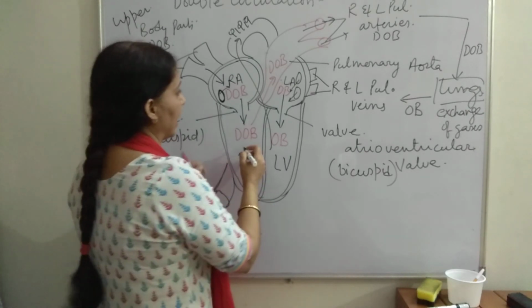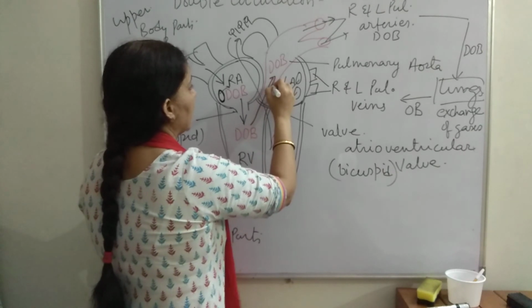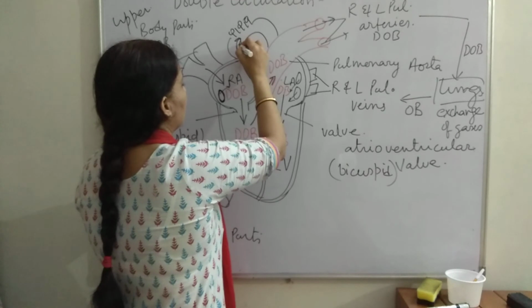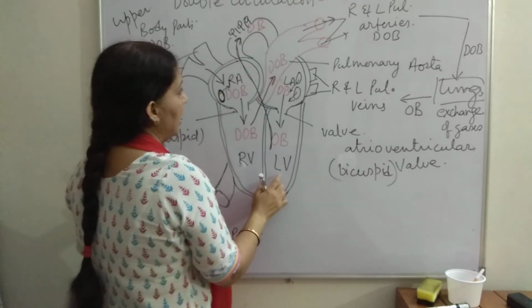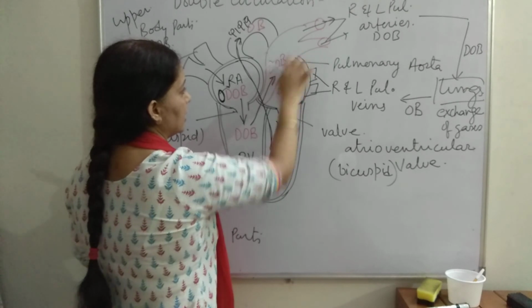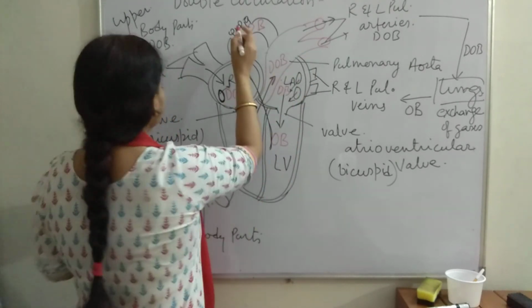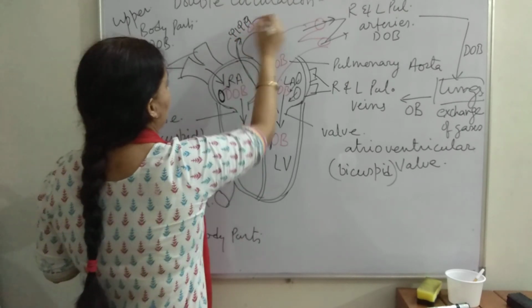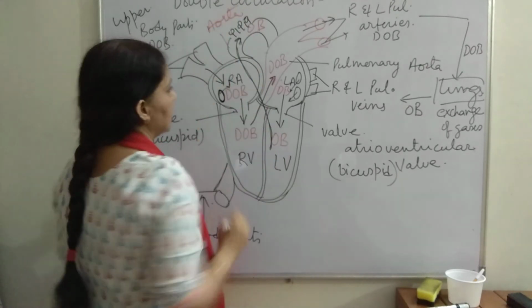So blood will find its way from right ventricle to pulmonary aorta and left ventricle to systemic aorta. Systemic aorta will receive oxygenated blood from left ventricle. Pulmonary receives deoxygenated blood from right ventricle. Okay. What are these? These are the branches of aorta, another aorta present here, also called systemic aorta.